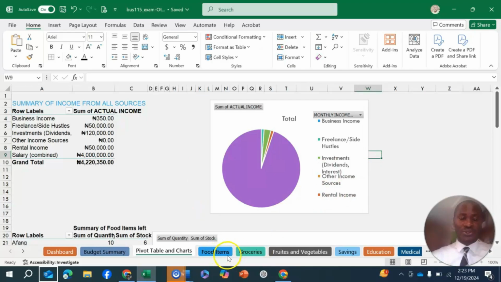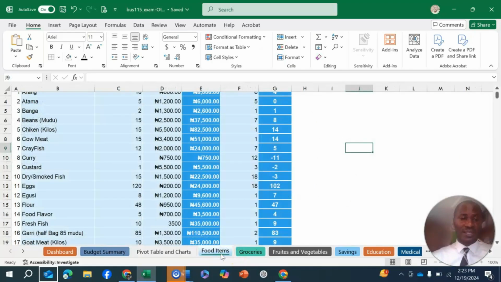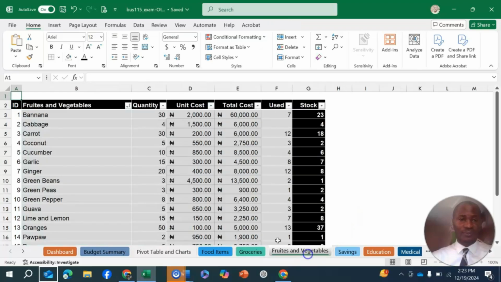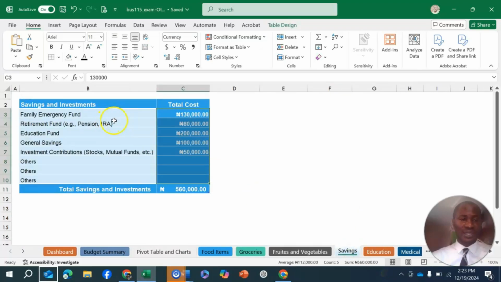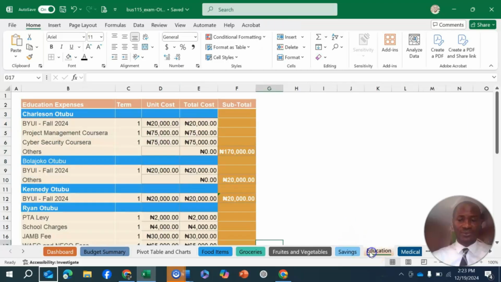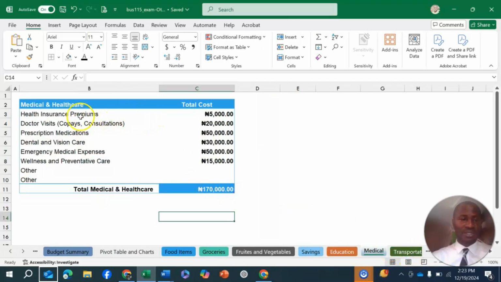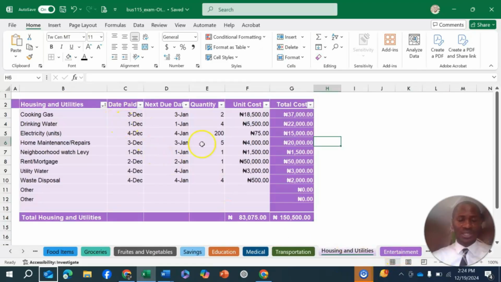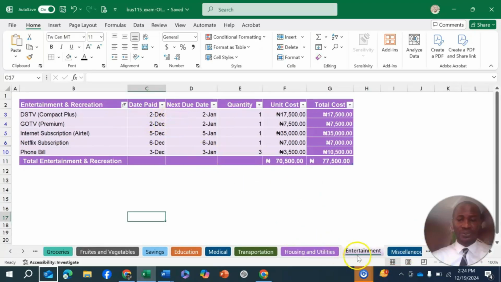Alright, so let me take you through the rest of the items. This is the table for the food items category. And this is for grocery, this is for fruits and vegetables, it's for savings and investments, it's for education, this is for medical and healthcare, it's for transport, it's for housing and utility, it's for entertainment,